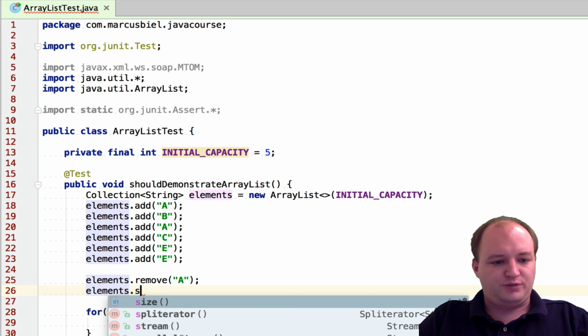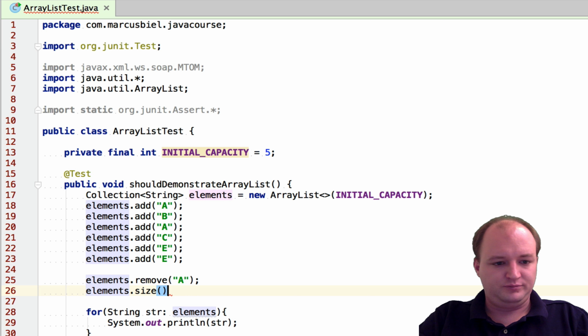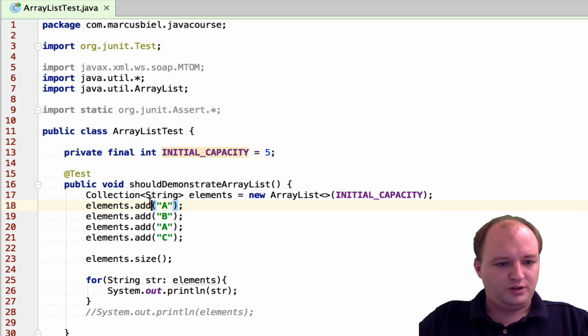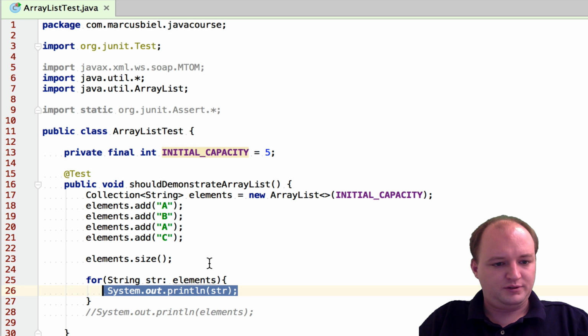We can also ask for the size. Let's make this a bit simpler now, to have it as short as possible. So now we have 1, 2, 3, 4 elements. I'll copy that.